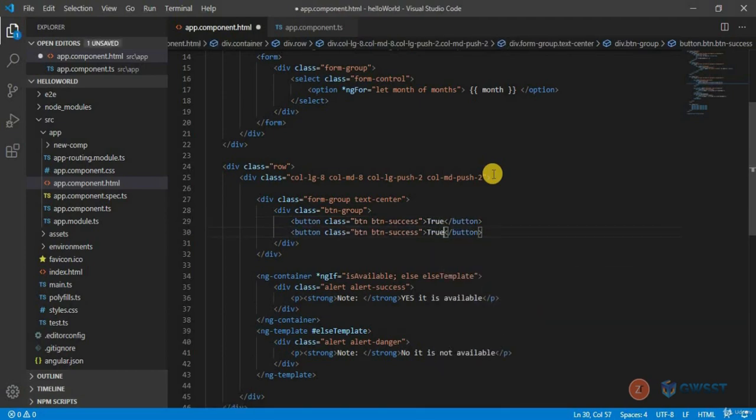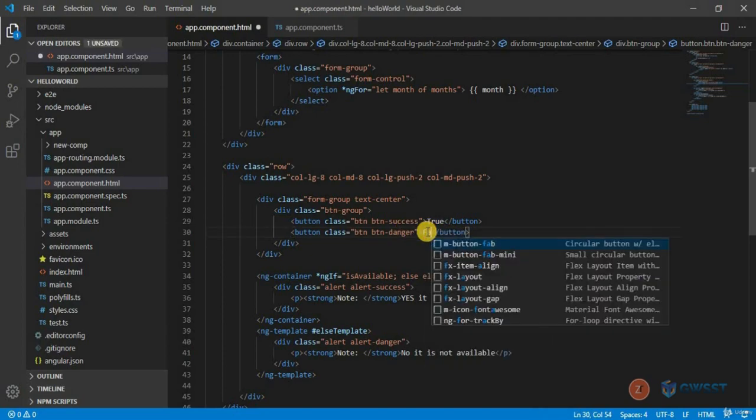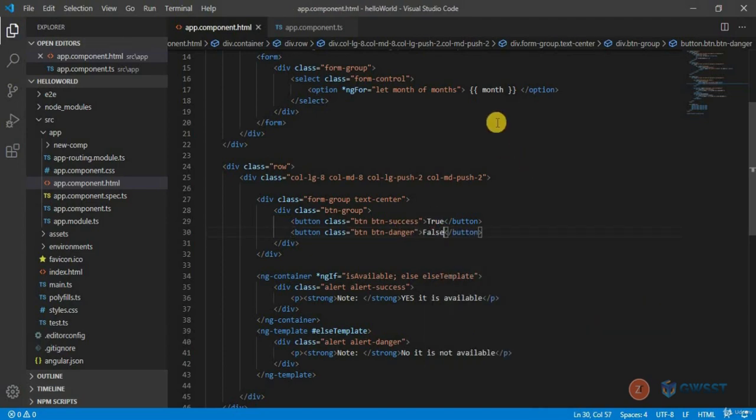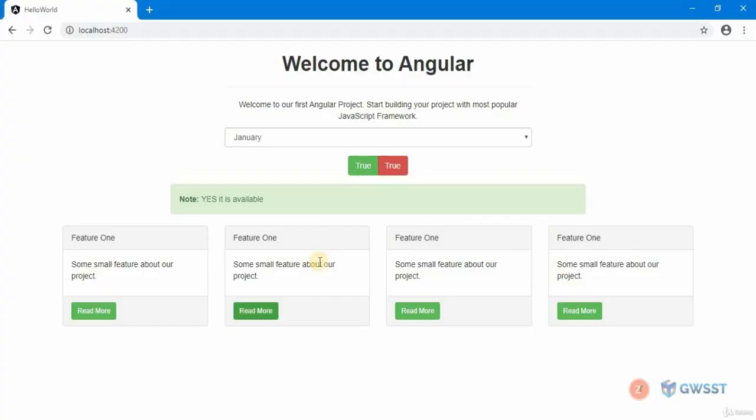Let's create a duplicate of that, and this is going to be danger. I'm going to set this one to false. Now if I get to my browser, you can see that I have two buttons called true and false. So if I click on true, I need something to happen, and if I click on false, I need something to happen. Let's open our console log,